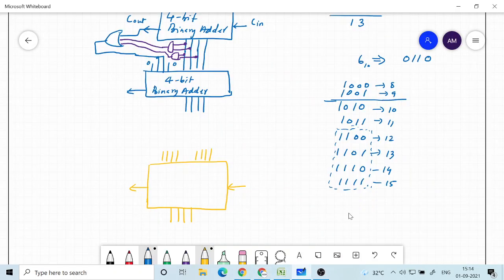So if I draw it as a single block, this is your BCD adder with carry. It has a carry in, carry out, and you can say S as the output, A, B. Inside this we have the above circuit.